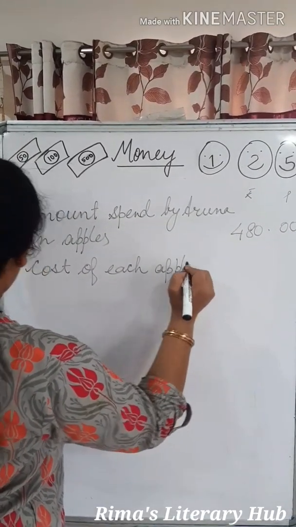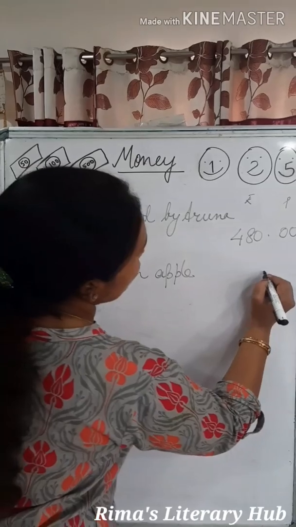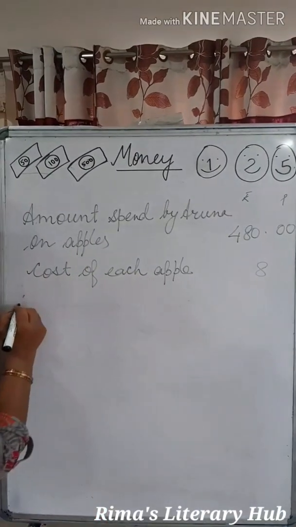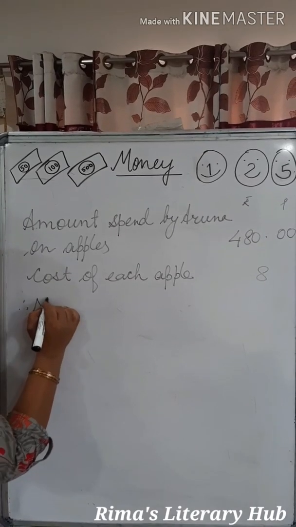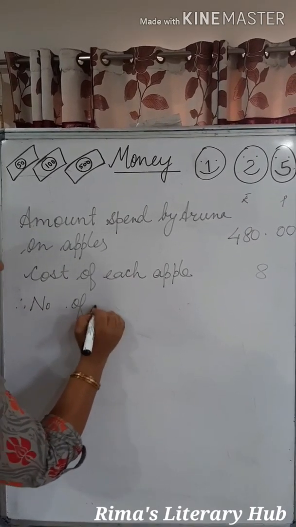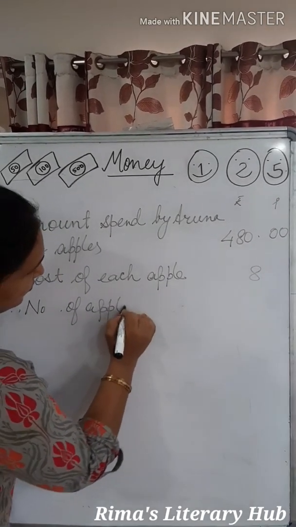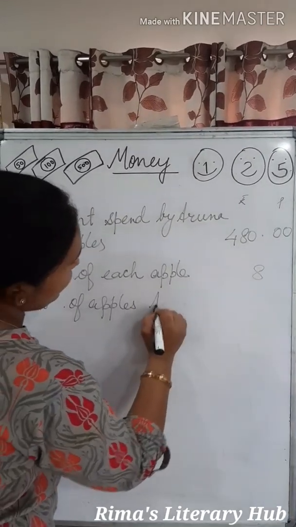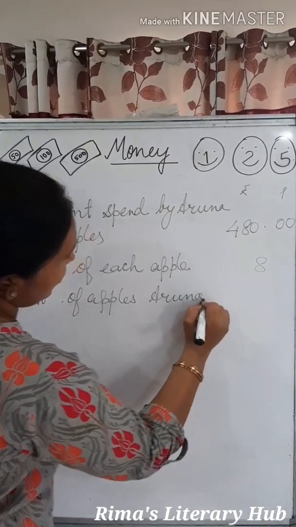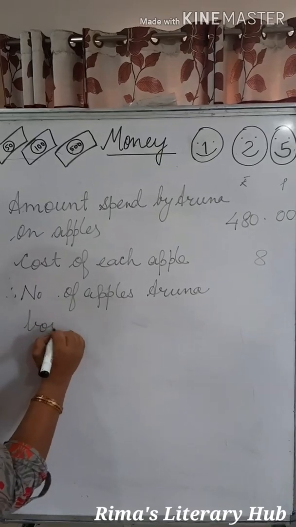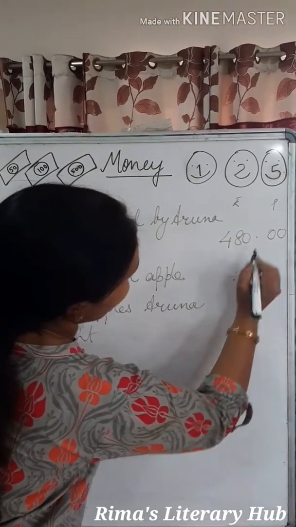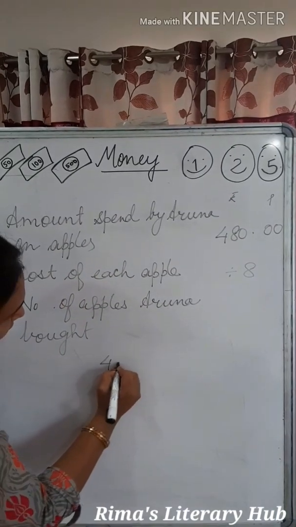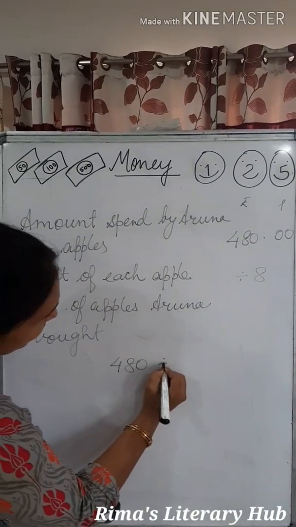What is the cost of each apple? Rupees 8. Therefore, number of apples Aruna bought. How many apples did Aruna bring? You need to divide this. 480 divided by 8